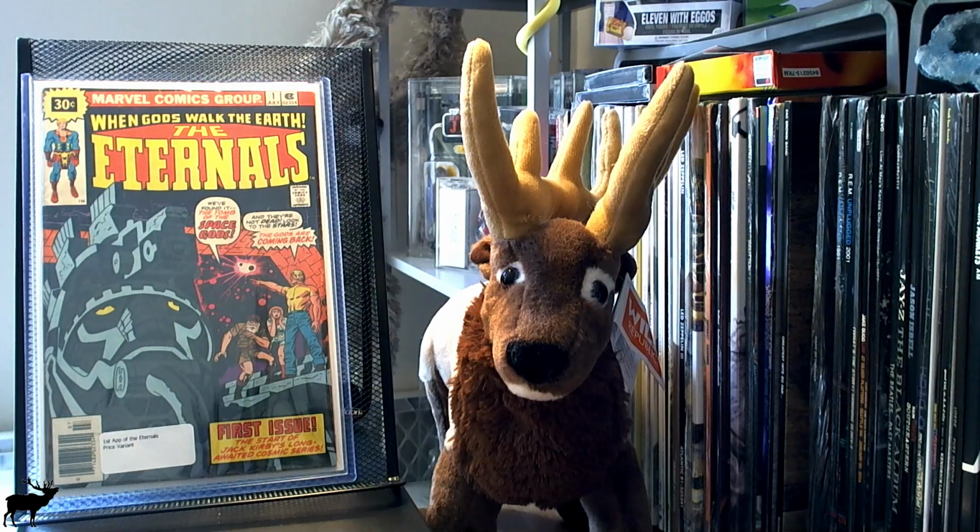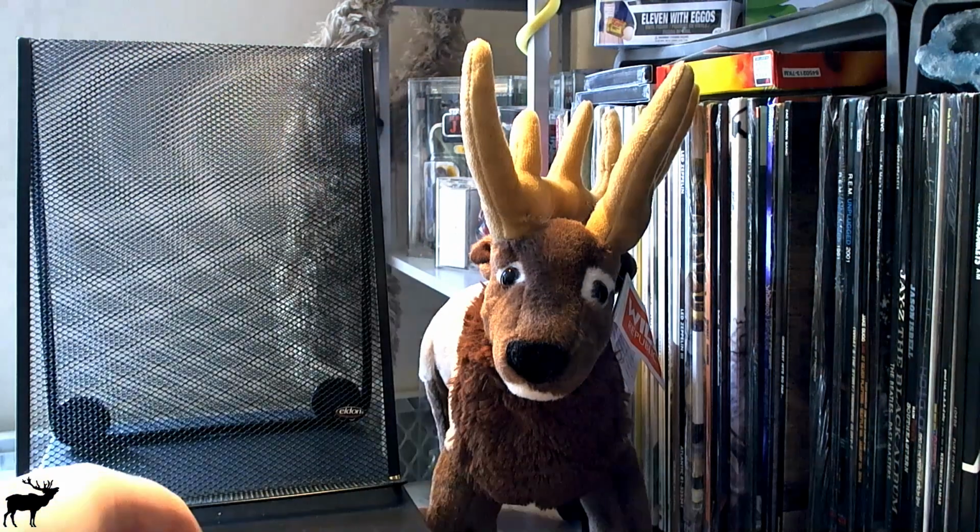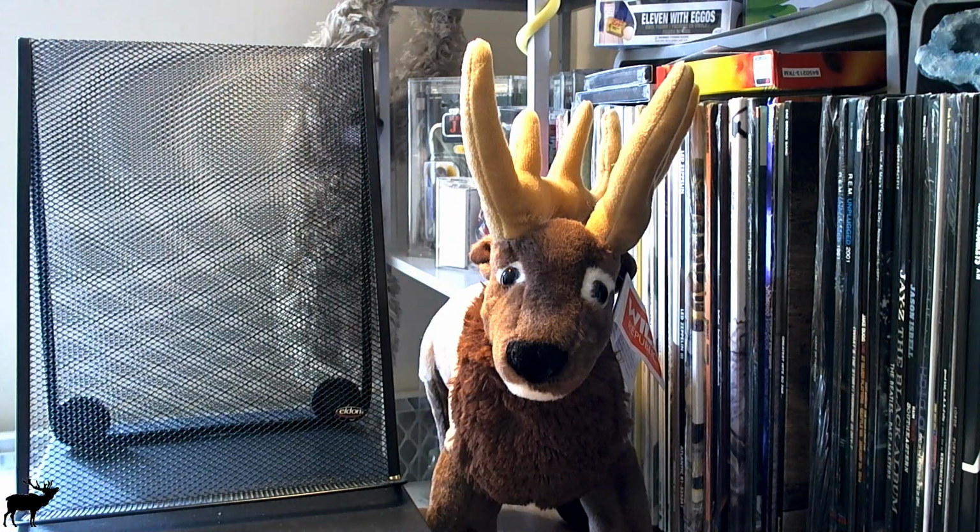Yeah, and I finally picked up the Eternals number 1. It's the first appearance of the Eternals, and this one is one of the price variants. So I was lucky to find it finally for a good price. It's not in super great condition, but yeah, you know, having the price variant to me is definitely worth it. And the last book that I'm going to show everyone